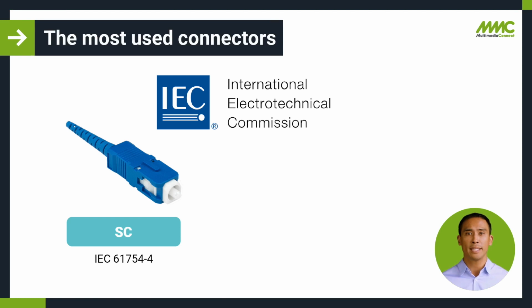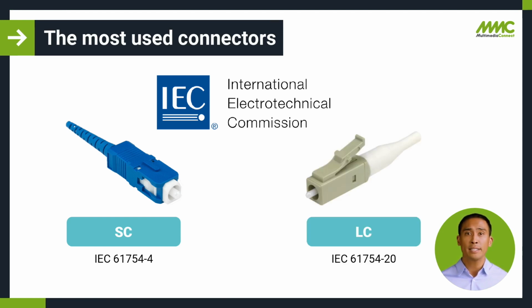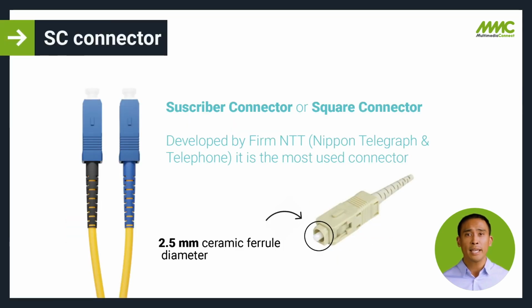SC connector with IEC 61754-4 and LC with IEC 61754-20. The SC connector, subscriber connector or square connector, uses a snap-in spring. It replaces the ST, about to become obsolete. Its push-pull connection system allows quick and precise connection by simple pressure. The SC square connector profile allows some density on the connection panels. The SC precision, its low manufacturing cost and the increase of FTTH networks now make it the most used connector